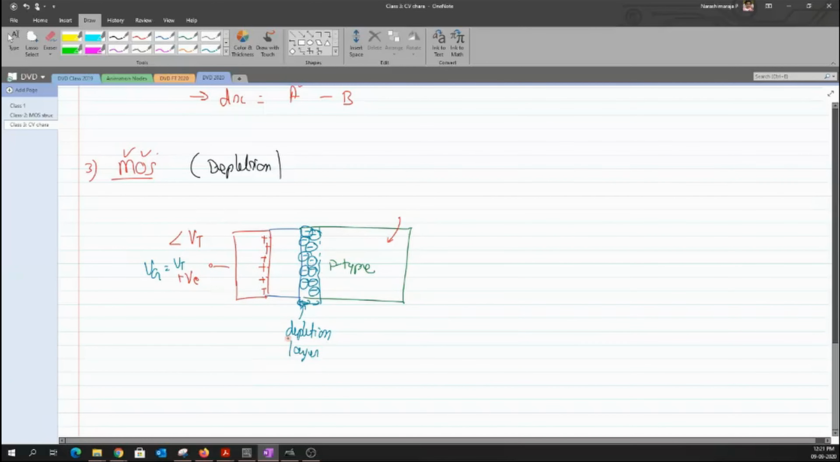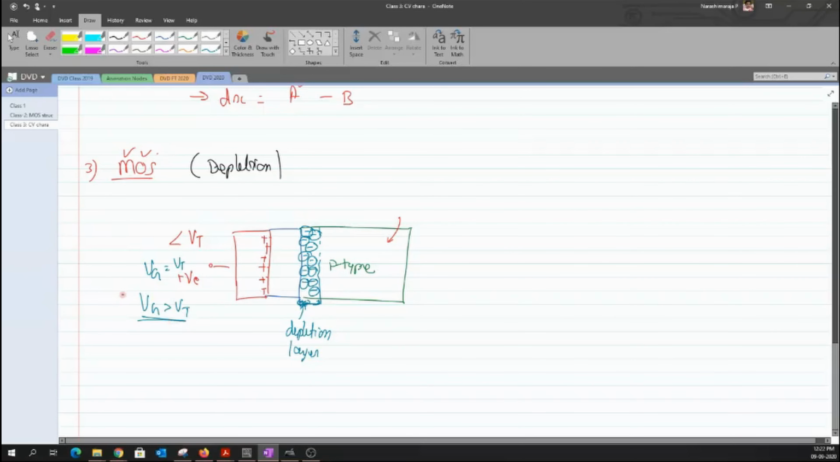Okay, and this is the end. And this width of the depletion layer is fixed. The moment I cross the value of VG, which is slightly higher than the value of VT, what happens right now? The depletion layer width will stay constant after then. The only thing is that